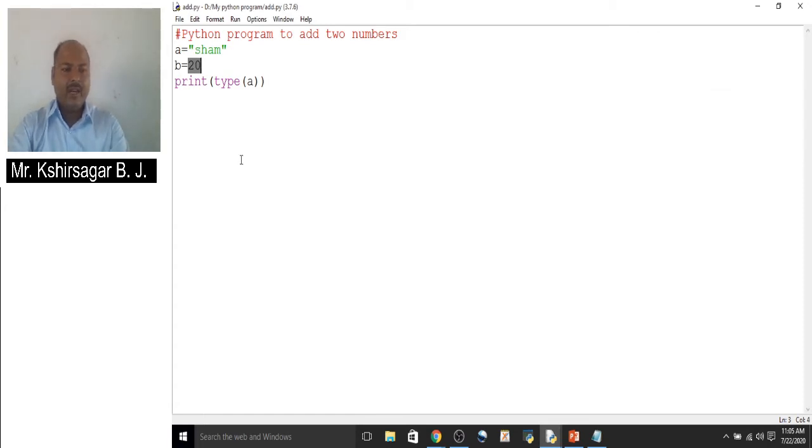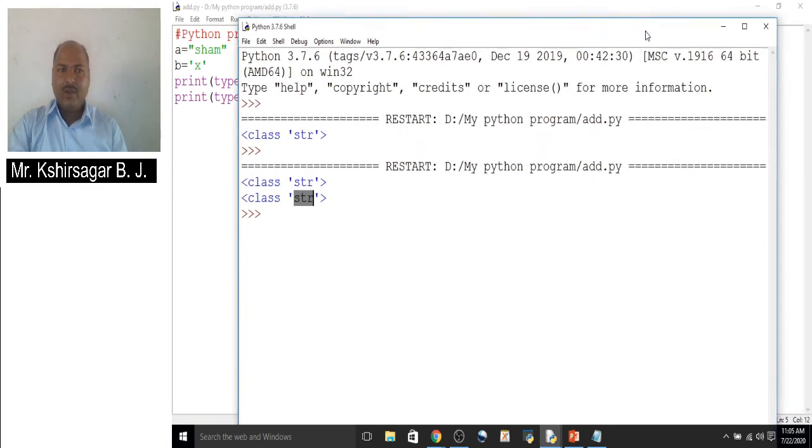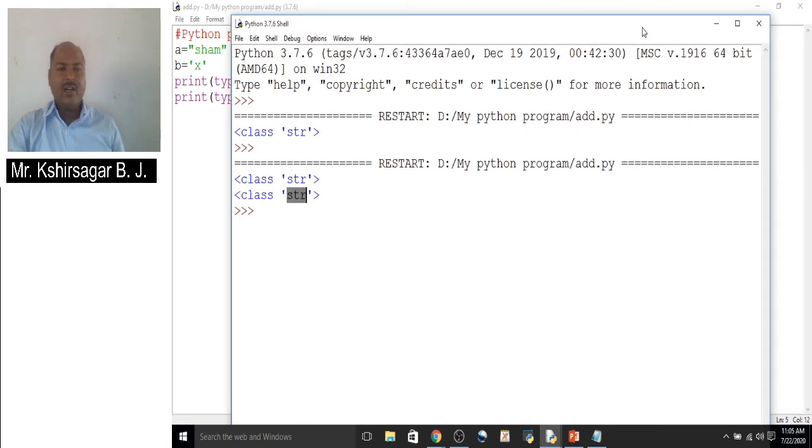Now if you write here a equal to x, and b equal to x. Now determine the type of b, now b also becomes a string. So how is it? Python does not contain a data type char.